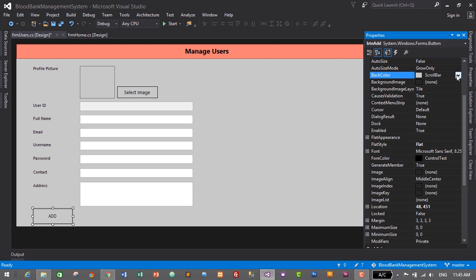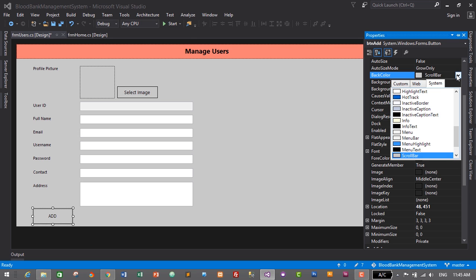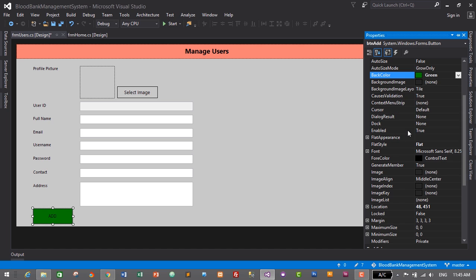So I'll change its back color to green, so I'll just look for green. Let's go to web panel and let's search for green back color. Where is it? Here it is. I'll select green. Now we need to change the font color, so I'll go for font color and set